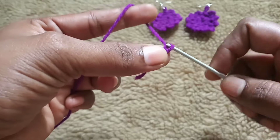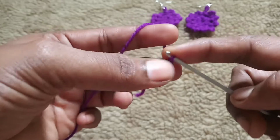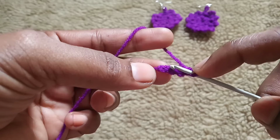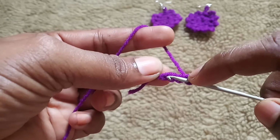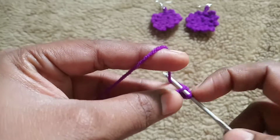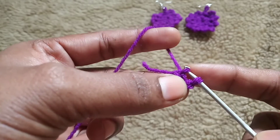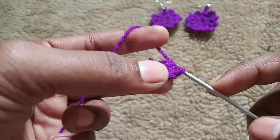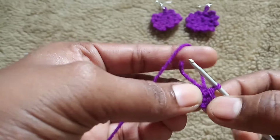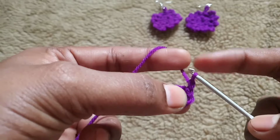I'm gonna make 3 chain stitch, 1 2 3, and then into the first chain, I'm gonna insert it, and then I'm going to do a slip stitch. Then now we have got a small circle here, and make chain 2,